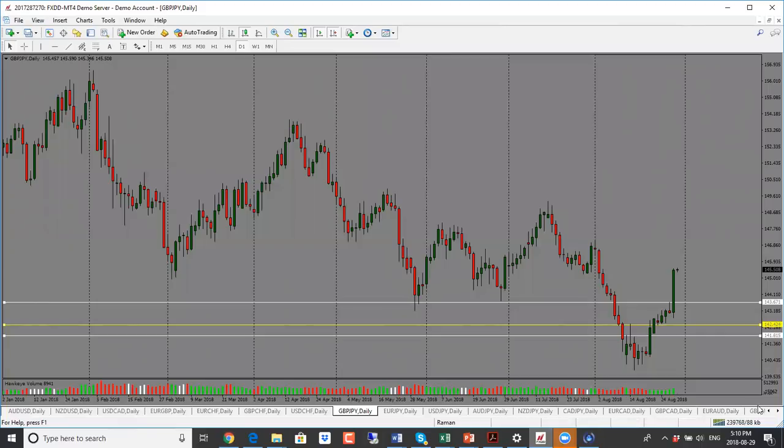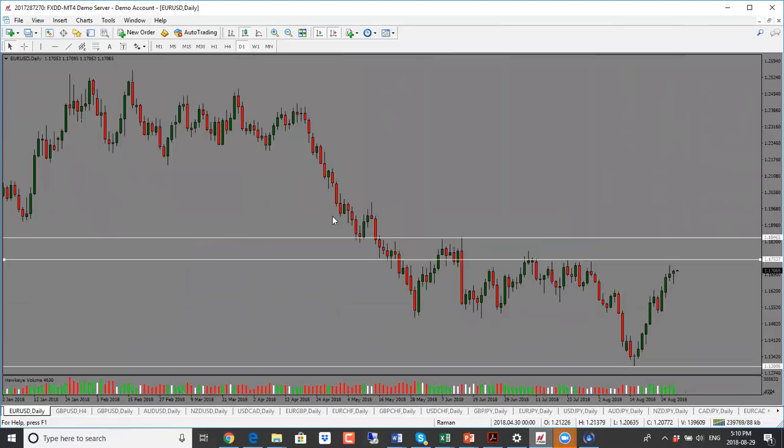We'll start off by taking a look at euro dollar as usual. All right, so with the euro yesterday, we had a pin bar here. Since then, price dropped, came into the next level of support resistance, and then it has bounced off of that. And now we have a bullish pin bar, actually.